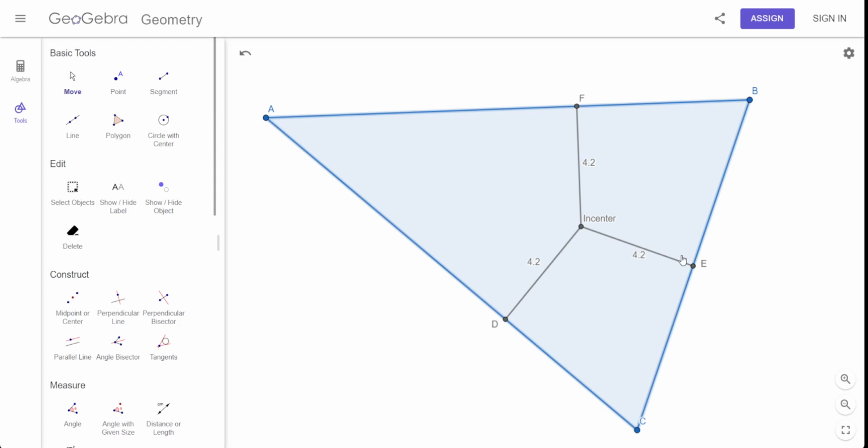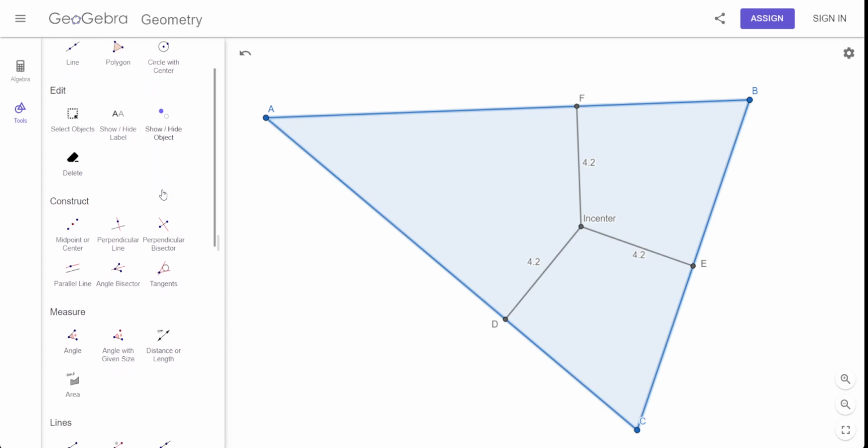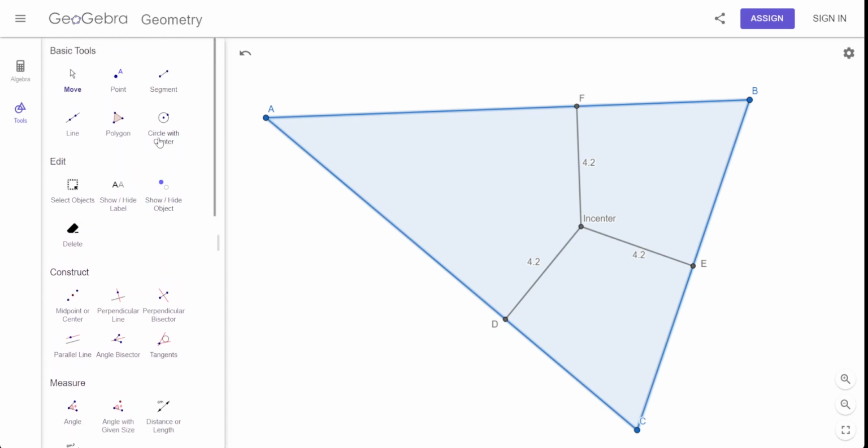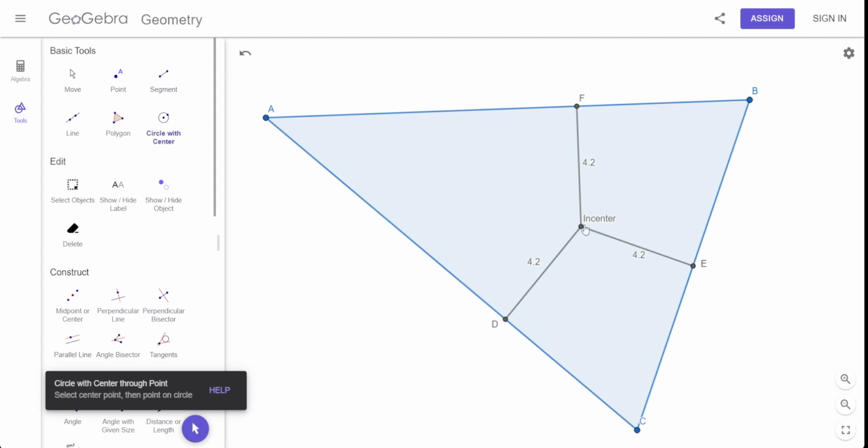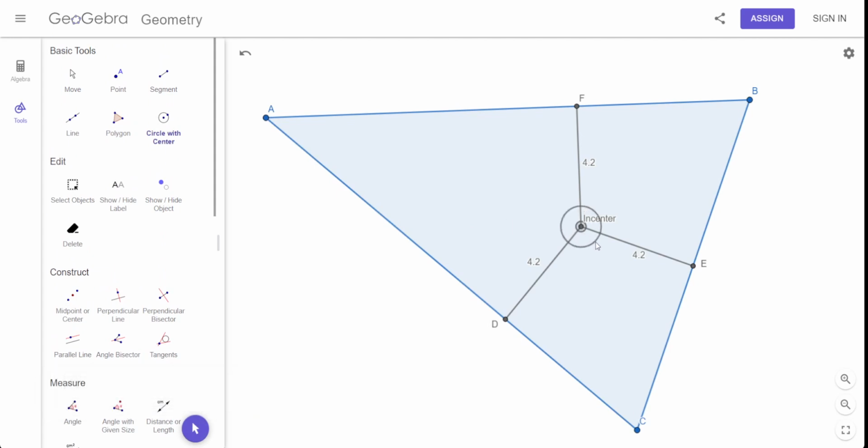Why do you think they call this the incenter? Because the circle is going to do what? It's going to go inside it. So let's do that, all right? Circle with center, I think it is. So watch. I'm going to click right here, and then I'm going to make my circle. Check this out. Let's put it right there. Isn't that cool? Look at that. So the circle, okay, if I extend it out,